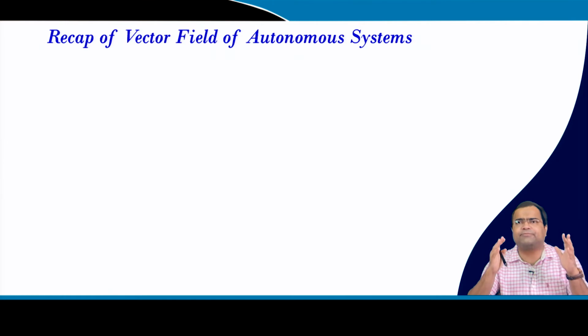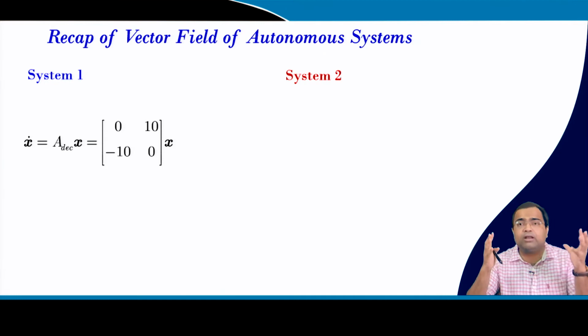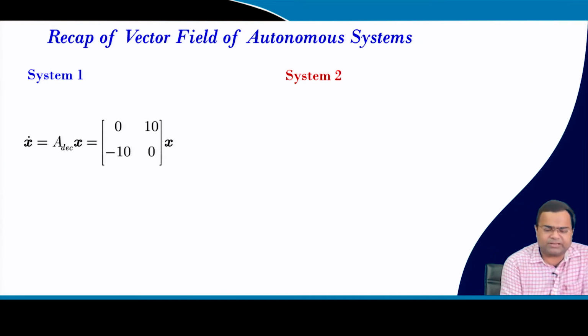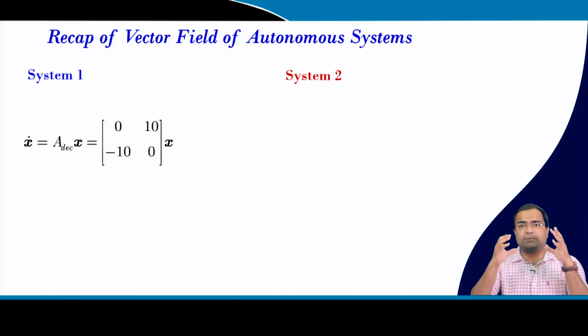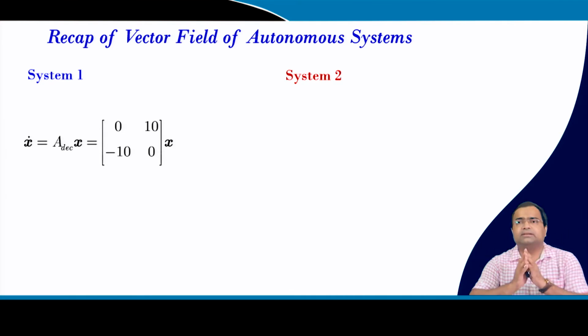So, let us first recall our vector field concept. In lectures number 42 and 43, we have discussed in detail. In fact, in lecture number 43, we talked about how to draw vector field when we consider a purely imaginary system. Using phase plane geometry and vector field, we have drawn the eigenvectors for real and distinct eigenvalues, and we have also considered the complex conjugate case, when the eigenvalues and eigenvectors will be complex conjugate.